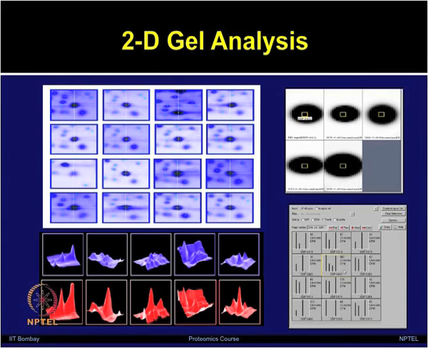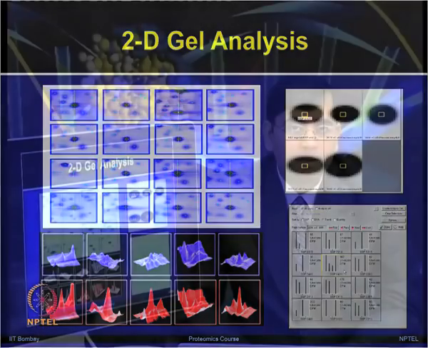So, after looking at 3-dimensional views of this particular protein, you can confidently say that this protein expression is changing and it is going to a higher amount in the treatment. Now, one can look at each of these spot intensities in much detail and then plot different types of parameters, such as percentage volume or spot intensity, to compare their values and do the statistical comparison.